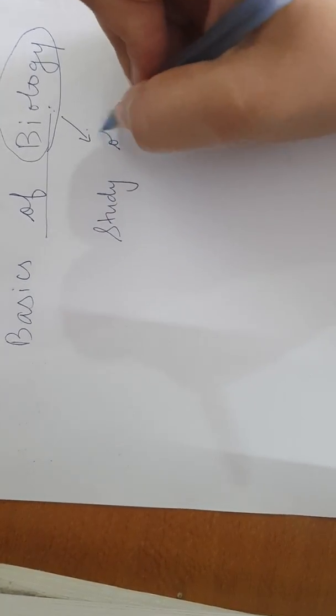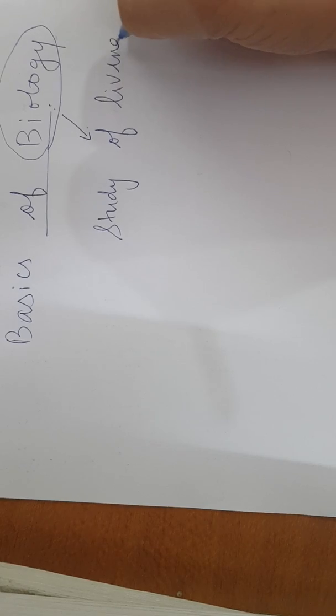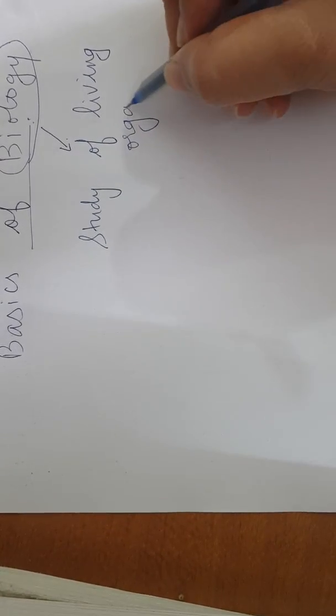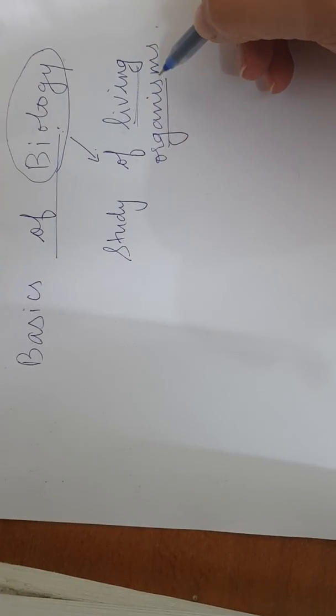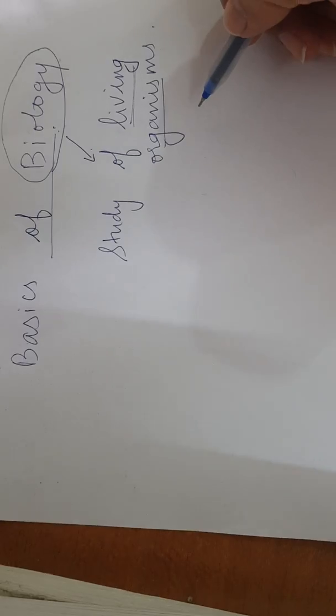According to our understanding, biology is a field of science. But what actually is biology? Biology is nothing but study of living organisms. Now, as we all know, the number of living organisms on the earth is very huge. All the organisms live differently, their mode of nutrition is different, the way they acquire energy is different, the way they grow is different, and therefore biology itself is a very vast subject.